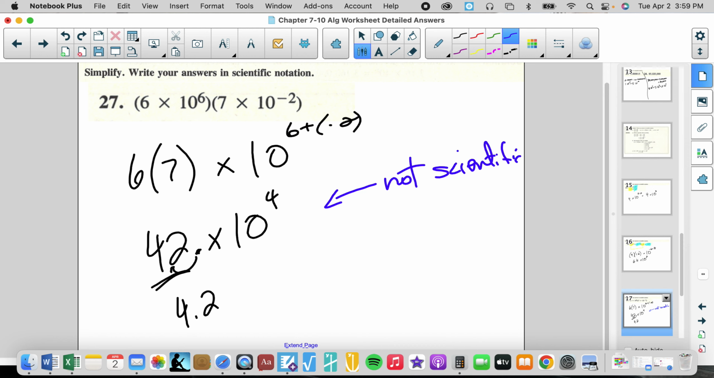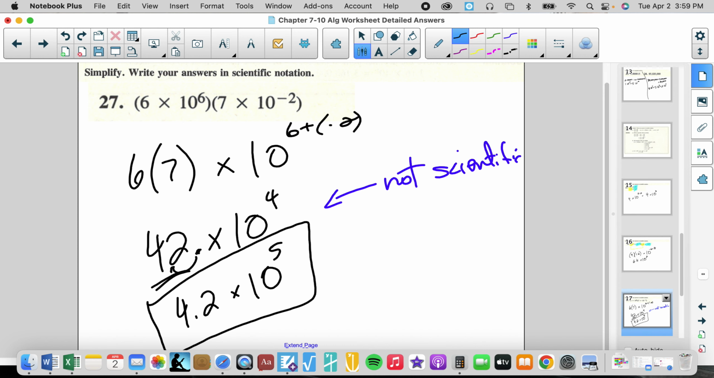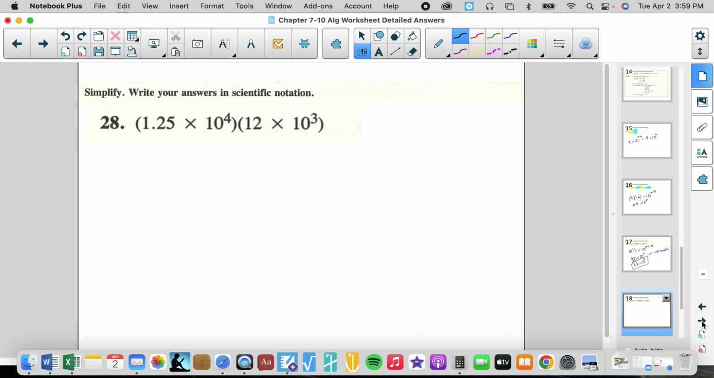So we get 4.2 now times 10. Now where does that 10 go? Well, we made a big number small, so we have to represent the big, so we increase that by one more 10. Don't know if you see that. So we have